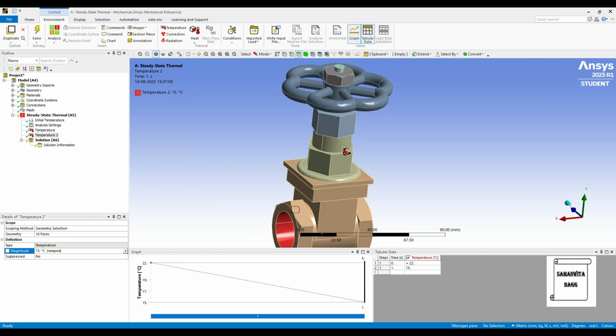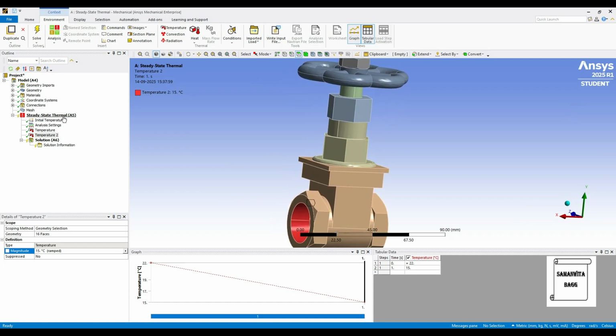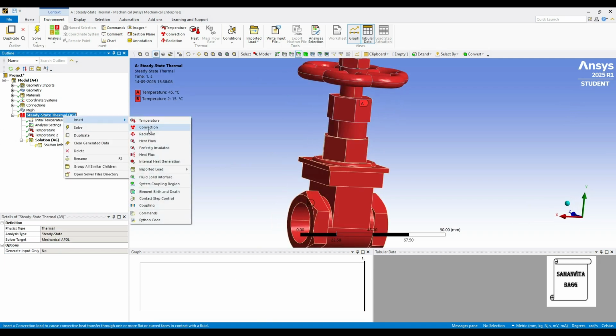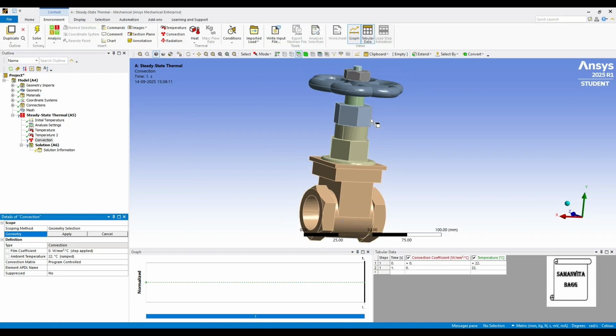Next we are going to give convection over this body. So I'll right click here, insert convection. Again I'll select the outer surface. So you can just scroll over the body. Press the control button and the left key of the mouse and just scroll over this body. Don't use the scroll button. Just move the mouse over this body.